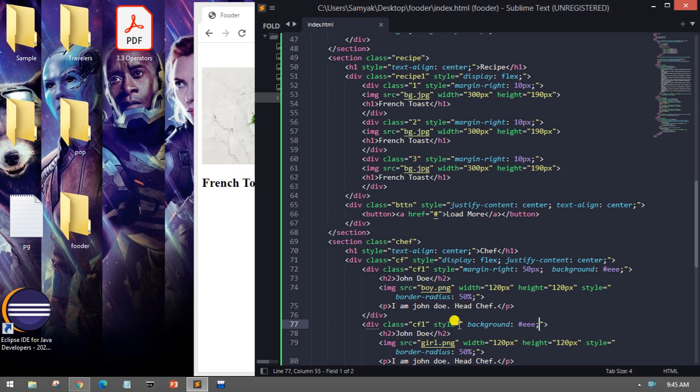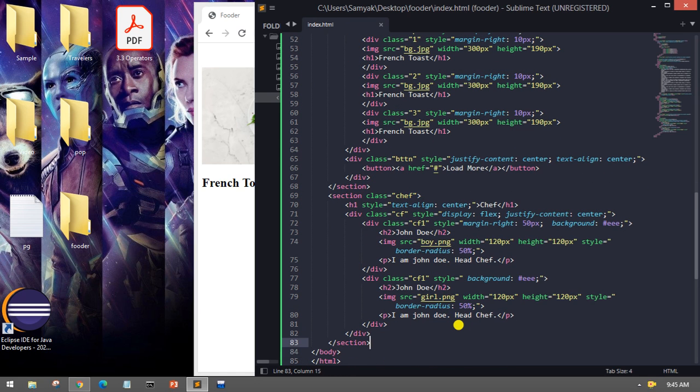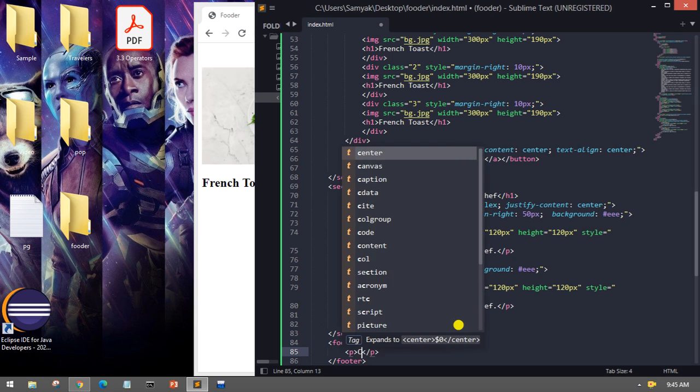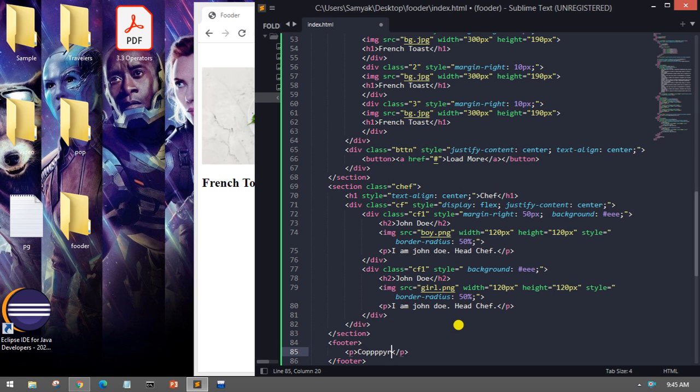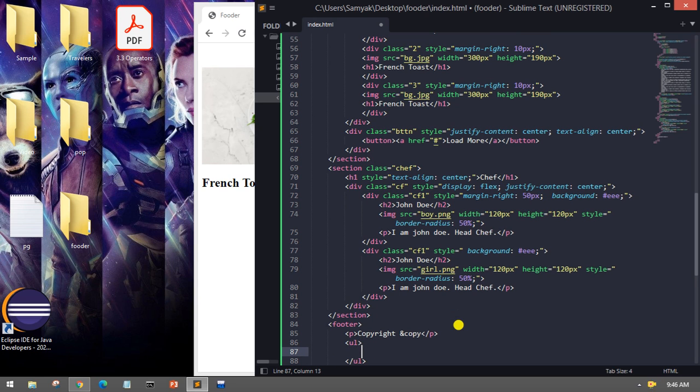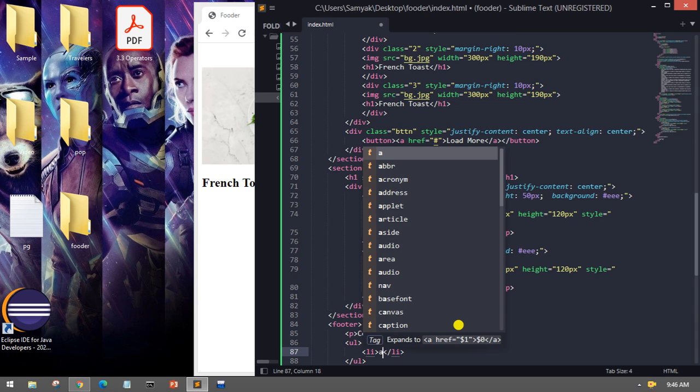So for now we'll just create something called footer. Now in here, in the footer, we will have various tags, so for that we will just add footer. In this footer you can add anything, like a p tag, and we'll say copyright and all those stuff. So copyright, and you can just write copyright and your name, whatever you want to do. And we can also add UL and LI, all the stuff, because it will make it easy for you. So like a UL tag here, and in the UL tag I will add an LI tag and an A tag,